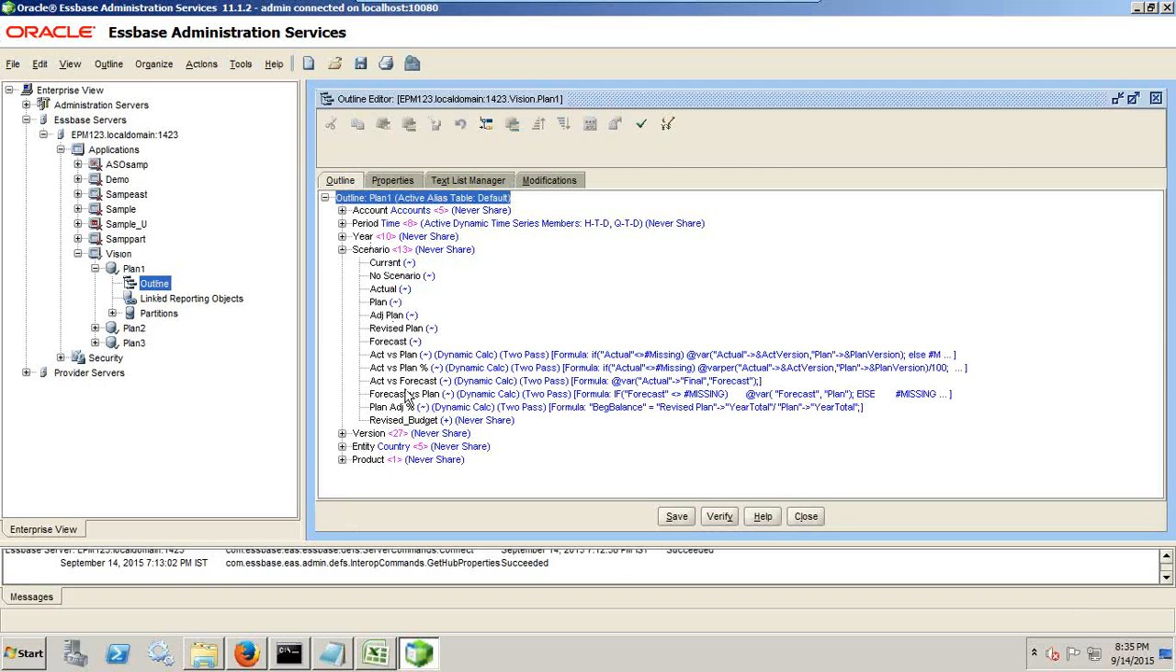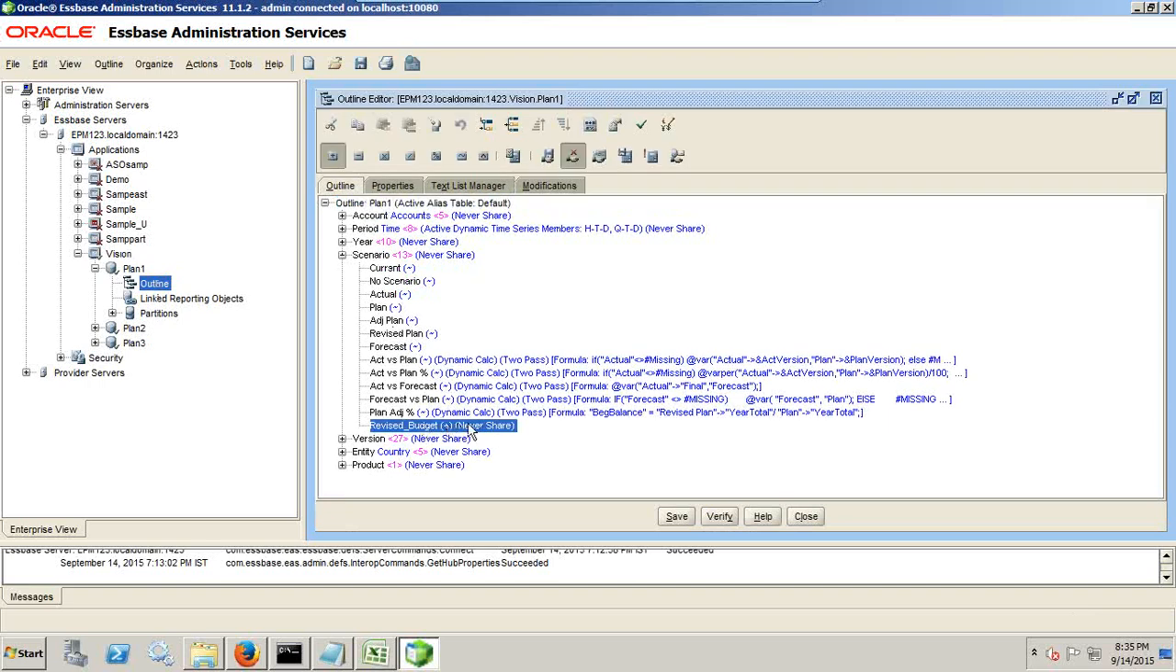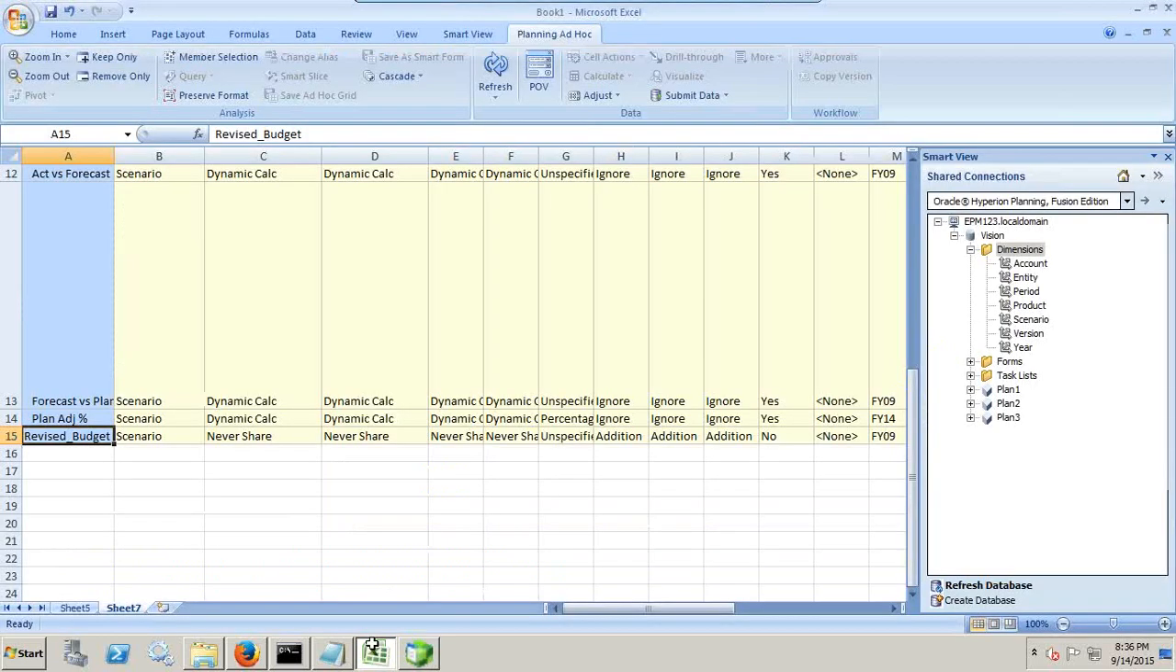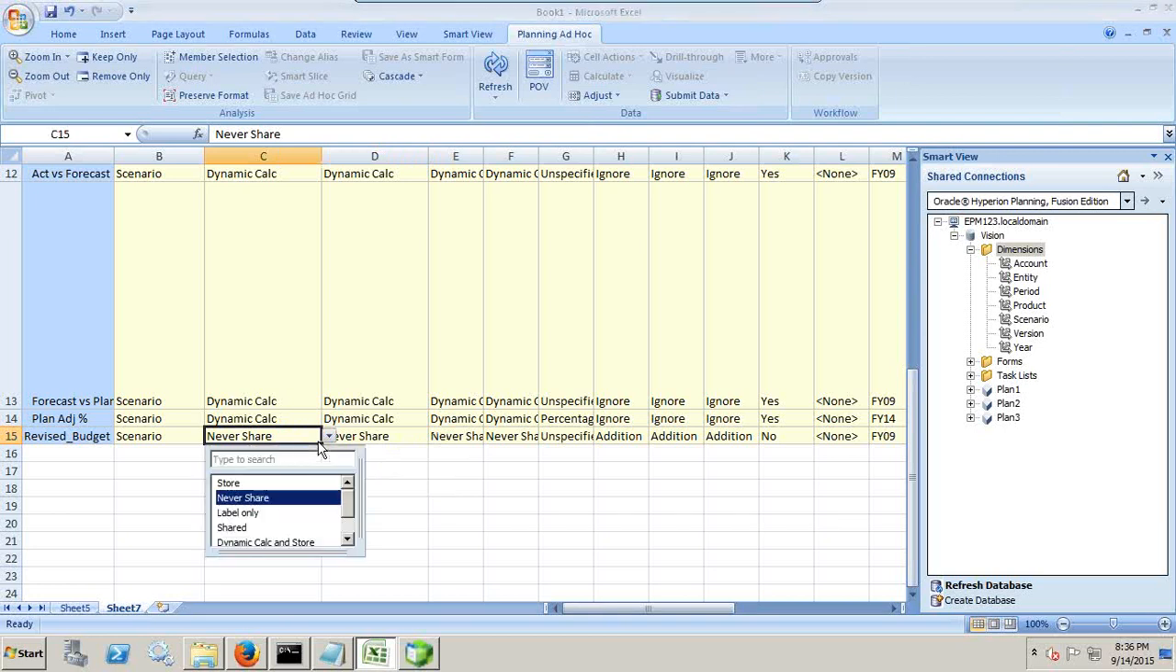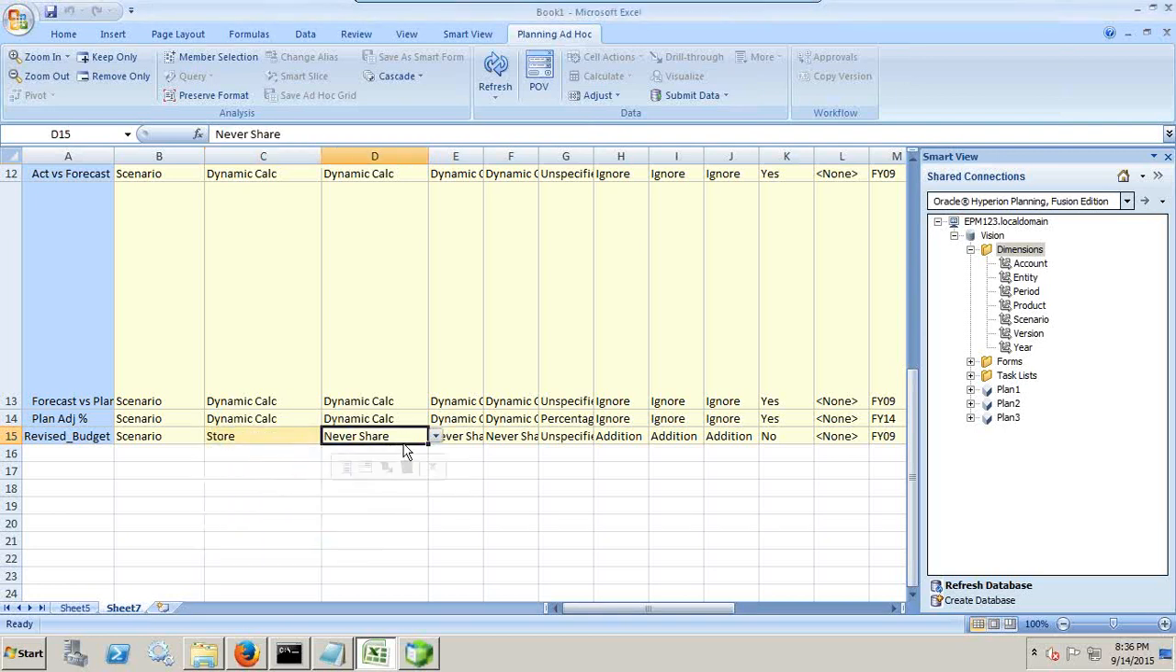Under scenario, the revised budget is visible over here. So you see how easy it is to add a new member, right? In addition to adding a new member, you can also modify the properties as well. For example, right now the storage property is never share. I'd like to make it store type for plant 1, plant 2, plant 3,